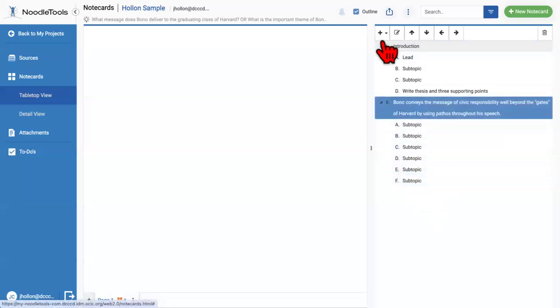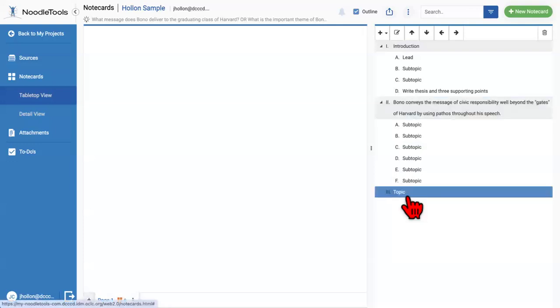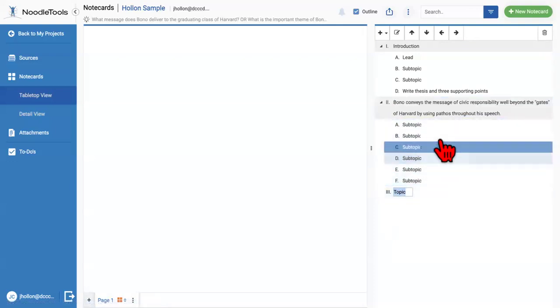Okay, so now let's go back up to number 2 and add a sibling. All right, so now is our third main point. And remember, if you do it here, then you don't have to do it later. You don't want to just finish this thought and go to the next. You want to still kind of smoothly transition that into here. So besides his use of pathos to reach these students,